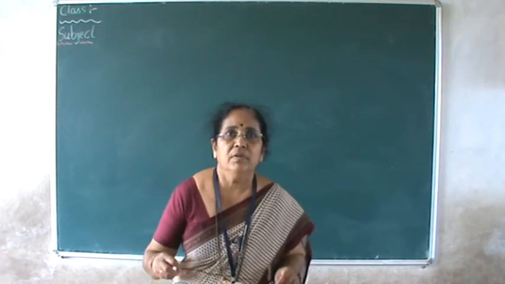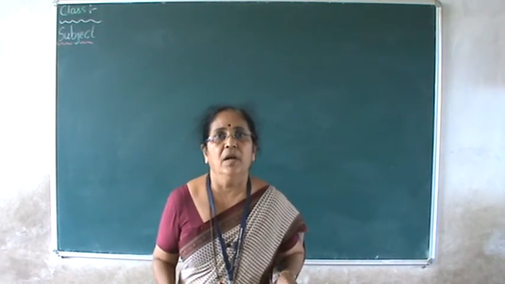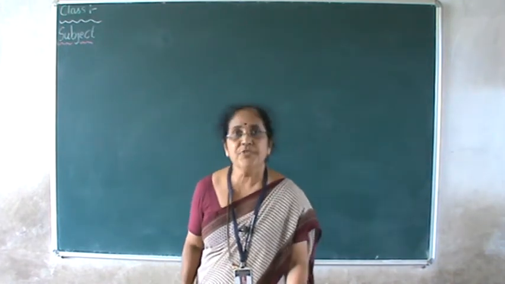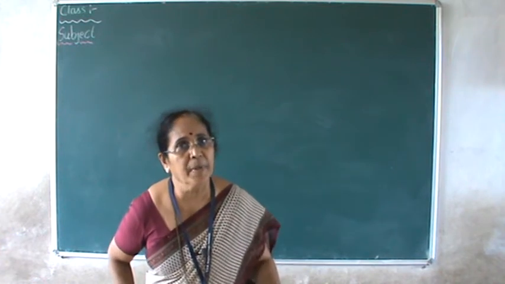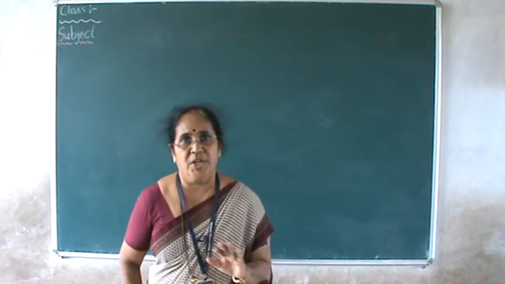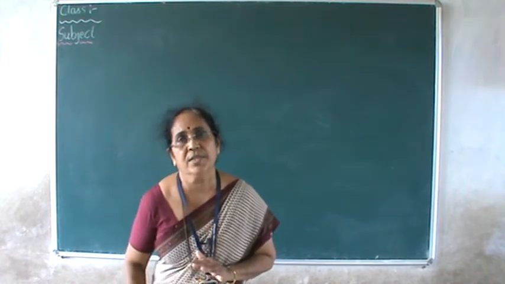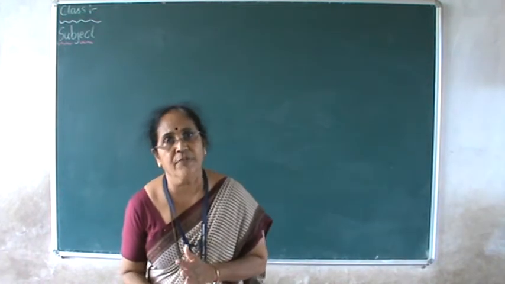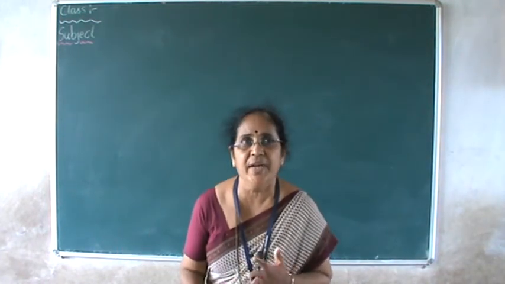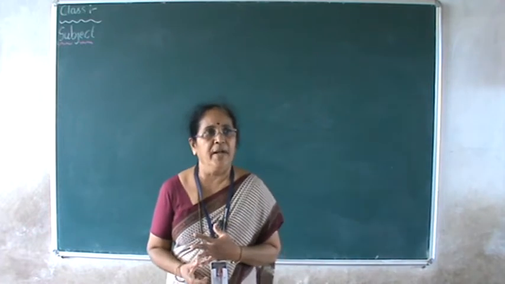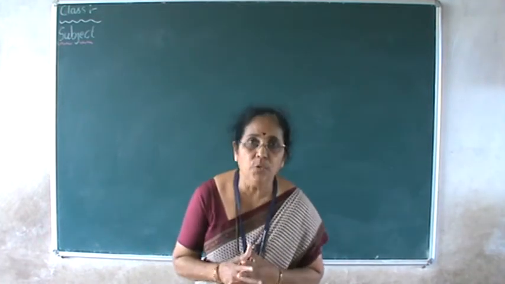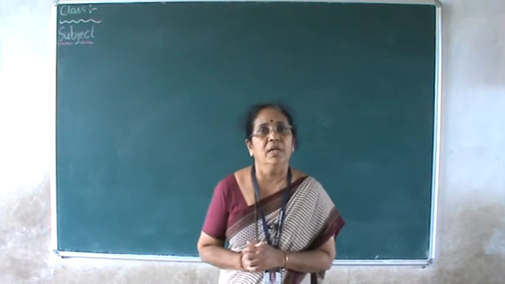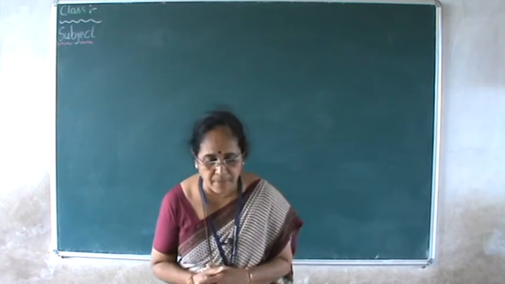Today morning, or in the previous class, we have already discussed the terminologies which are used to describe an angiospermic plant. Just to brush up what we learnt in the previous class, the description of an angiospermic plant starts with the habitat of the plant, habit of the plant, and after that the root system, what kind of root system the plant is having, the stem and its nature. If there is any modification, it is to be mentioned in the description.